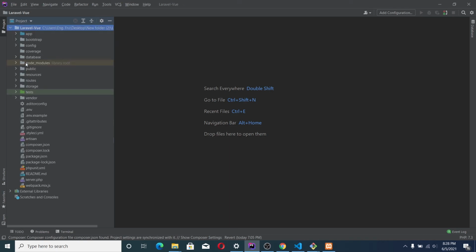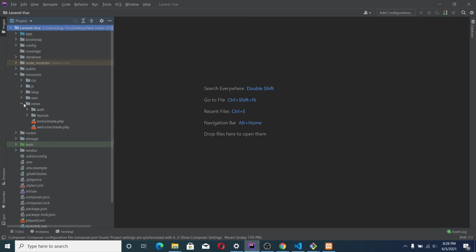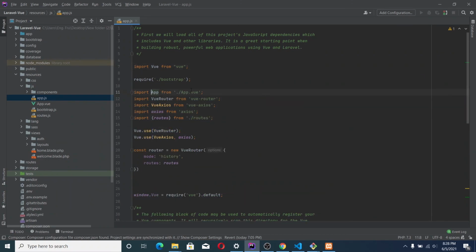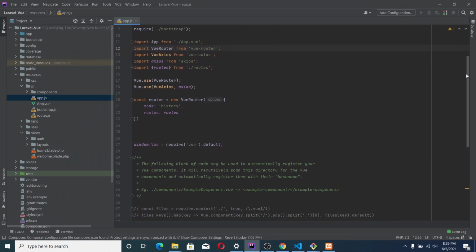Okay, so remember we started by defining our routes here in this JS. In this app.js, this is the entry point of your Vue application. So from here we're importing Vue and we're importing a bunch of components, a bunch of things here.